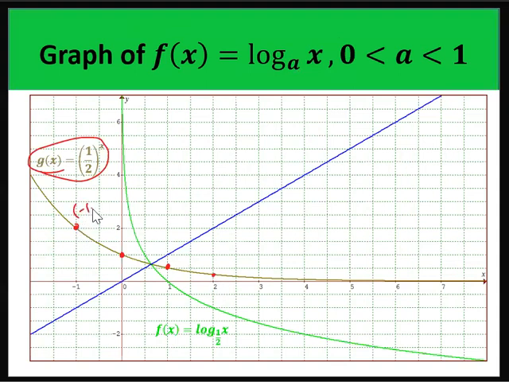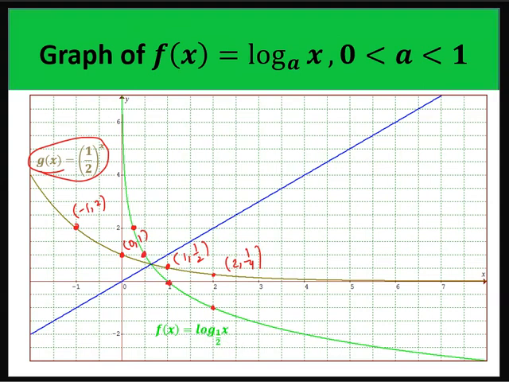So if we interchange the coordinates of these points, then we get the following. So for (-1, 2), if we interchange this, we get (2, -1), which is this point. (0, 1) when interchanged will become (1, 0). (1, 1/2) when interchanged will become (1/2, 1). (2, 1/4) when interchanged will become (1/4, 2). So we have these points on the green graph as the points for the logarithm of x to the base